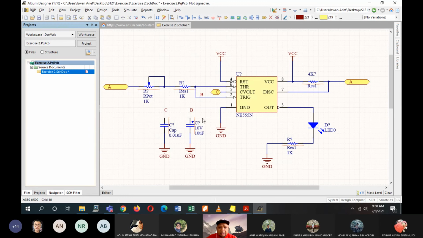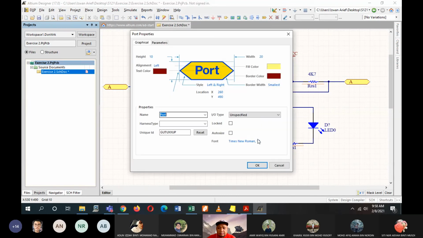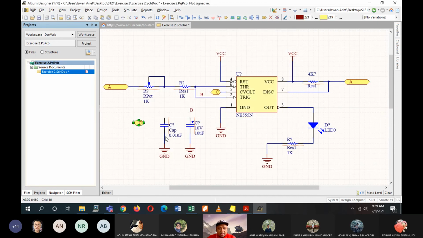C, okay. Now pin 5 has no connection yet because this is net, this is port, so they are different things. So you have to make sure it is using the same connection. So bidirectional, and then I name it as C as well. Okay, and then I rotate.